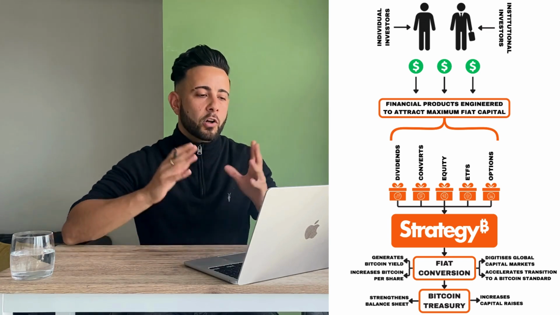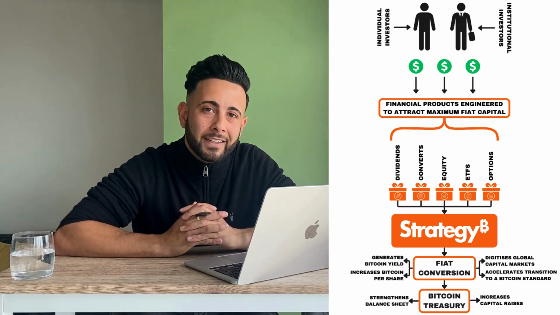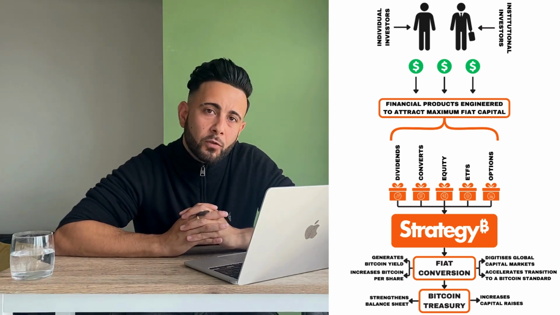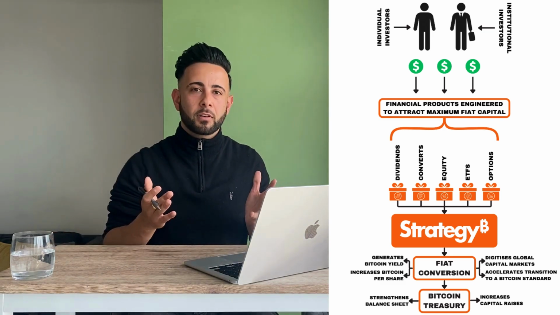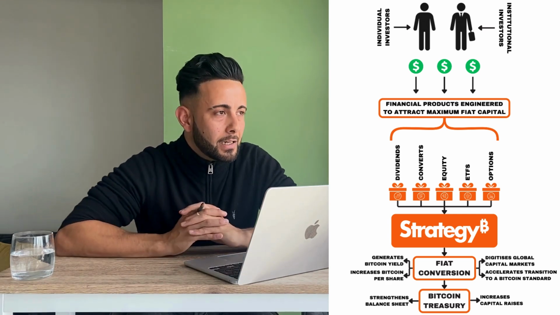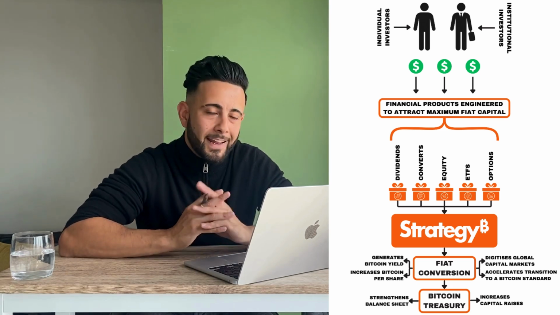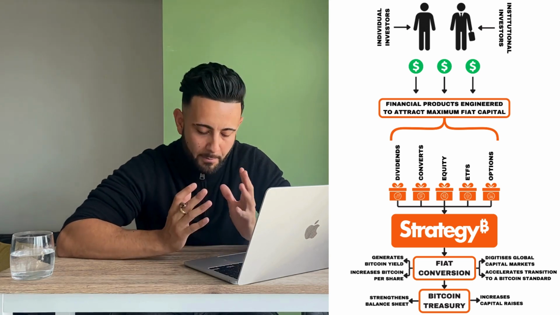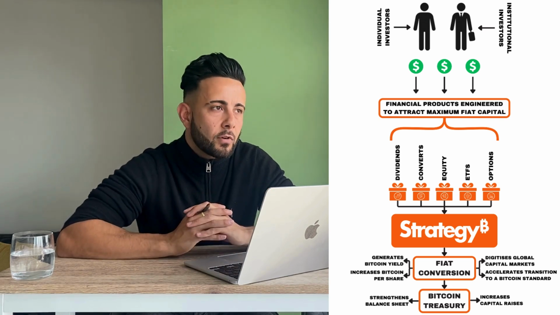Hopefully after watching this, you have a better understanding of the mechanics behind strategy. I've tried to simplify it as much as possible. I mean, the irony is that the playbook is inherently simple anyway. But I know for me, seeing the framework laid out visually, as in the graphic that you can see, makes it so much easier to conceptualize and grasp what's actually going on.